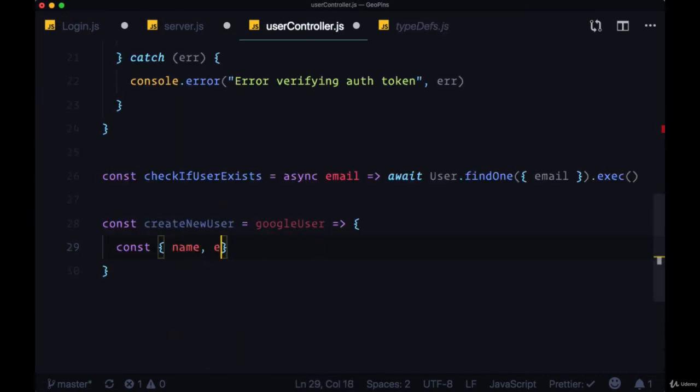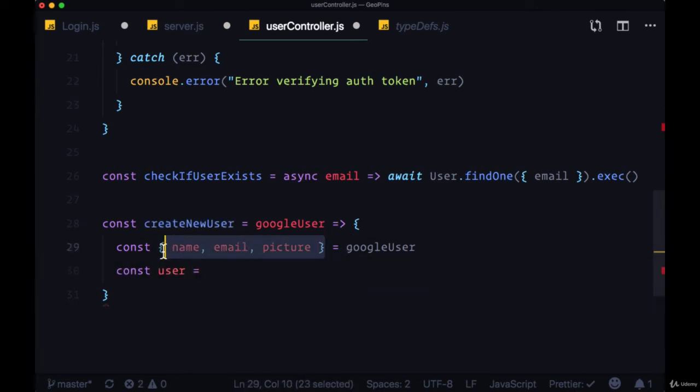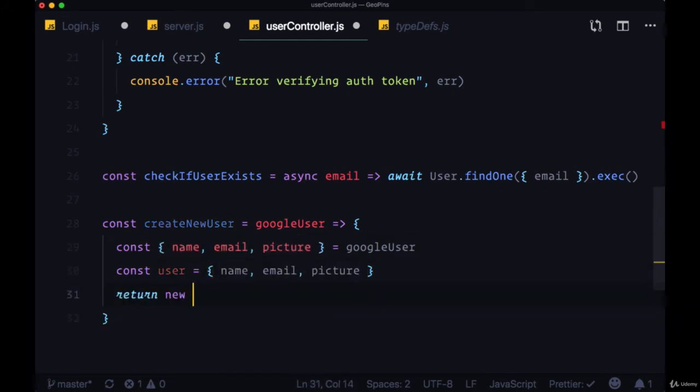So we'll grab name, email, and picture from Google user. Then we'll create a user object, which is just going to be the same values. And then we can say return new user. We use the user constructor to create a new user in our database, or rather a new user based off of our schema, pass in the user object, and then to persist this value to our database, we'll chain on